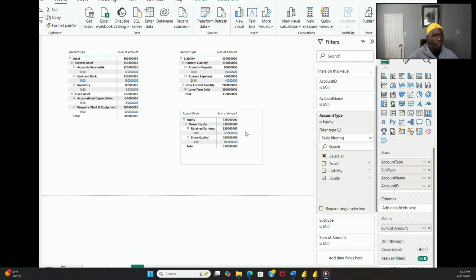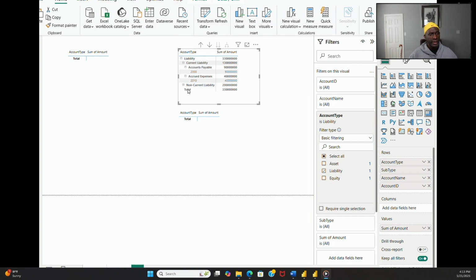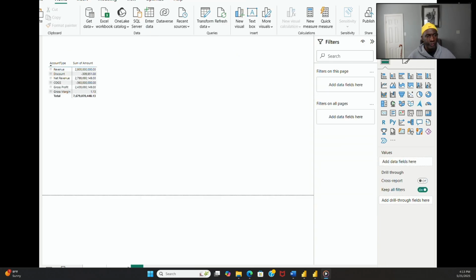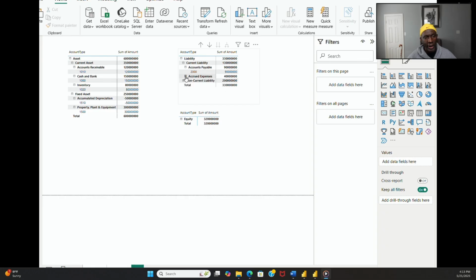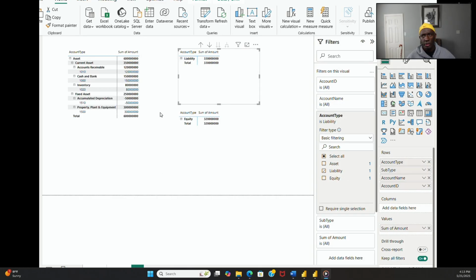Then I went to the assets matrix, highlighted it, went to filters and said, hey, I only want to see assets. Then I went over to the matrix that I copied over to the top right, and I said, hey, I only want to see liabilities. Then I went to the matrix in the bottom right. Again, they all have the same information. It's just a matter of what we're going to be visualizing. So in the bottom right matrix, I said, hey, I only want to see equity. That gave me the look and feel of a balance sheet, having the assets, the liabilities, and the equity,